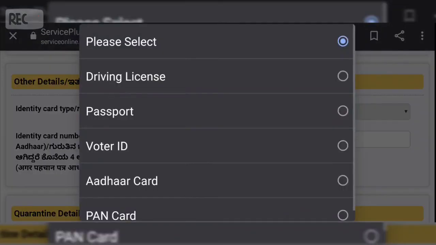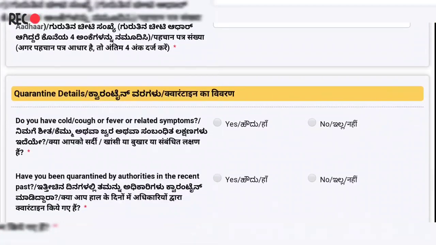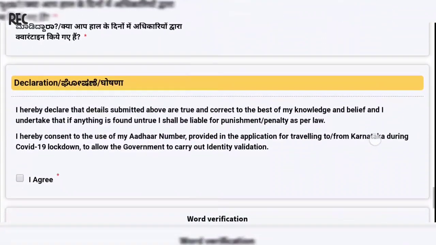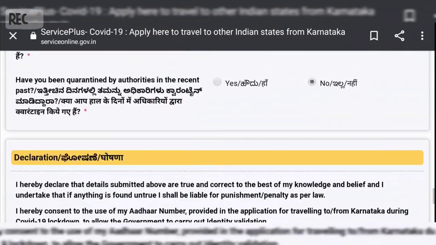In other details, you need to insert your ID type and ID number. Fill in the quarantine details as per your symptoms. Click agree in declaration with word verification and submit.